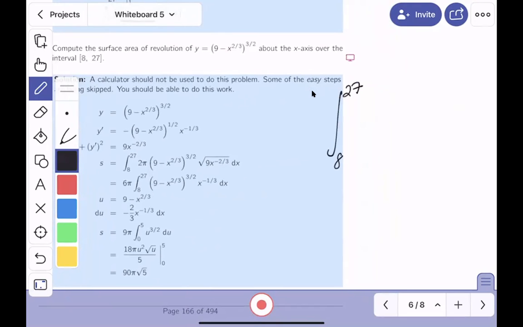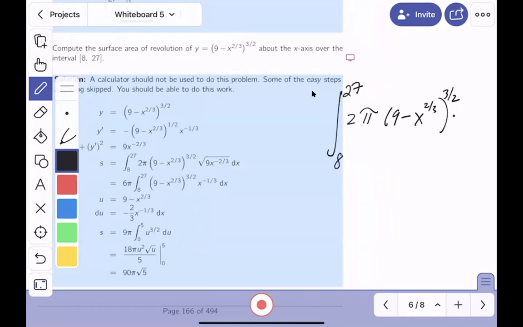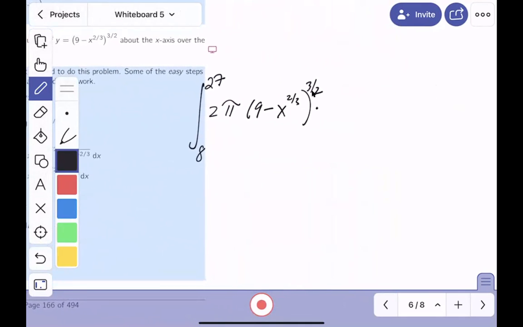And then it's going to be 2 pi, the y. Well, what's the y? It's going to be 9 minus x to the 2/3 raised to the power 3 halves, times, ooh, this can get nasty. The root, I'll put a dx over here. I've got to do this over here. So I'm going to write down dy